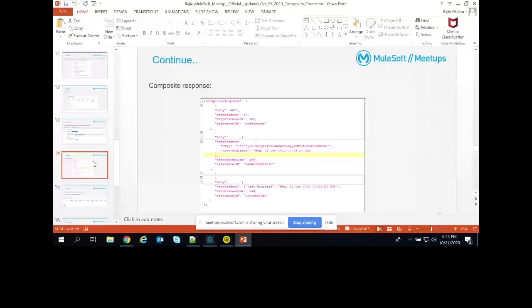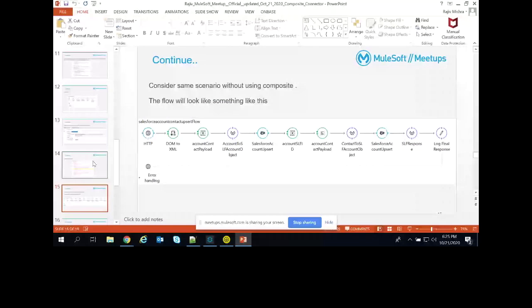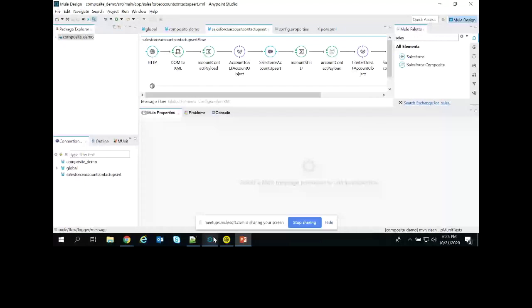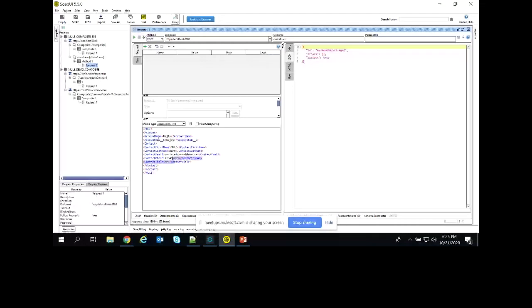Think about using the basic authentication that we have for the Salesforce connector. I have created one XML request that will have the account name, the EID, and the contact, where the contact depends upon the account.